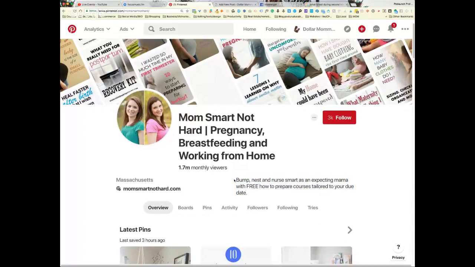So this is Bump, Nest, and Nurse Smart. That is their, whoops, stop highlighting that. This right here is their 3 main courses and programs that they have for expecting moms. Also, they mention a free how to prepare course tailored to their due date, which is so big for expecting moms, pregnancy people. They want to know what's going on, according to their weeks and their months, what they can expect. So this is a great